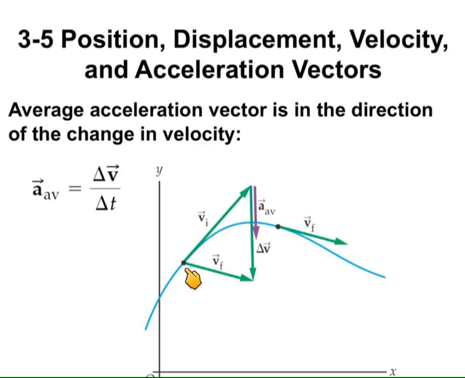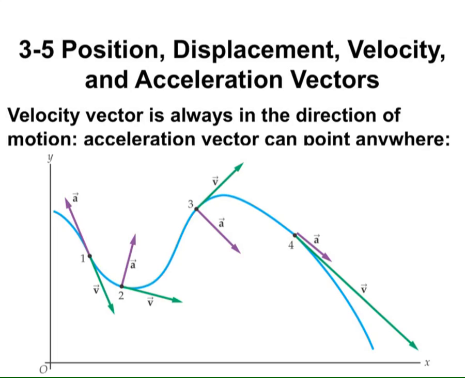It's not the acceleration at this point, it's not the acceleration at the other point, but the average acceleration. If we are dealing with the instantaneous acceleration, that's a different story. At every point on the trajectory, again this blue line represents the trajectory of the motion of the object, you can draw the instantaneous velocity and the instantaneous acceleration. For example, at point 1, of course,